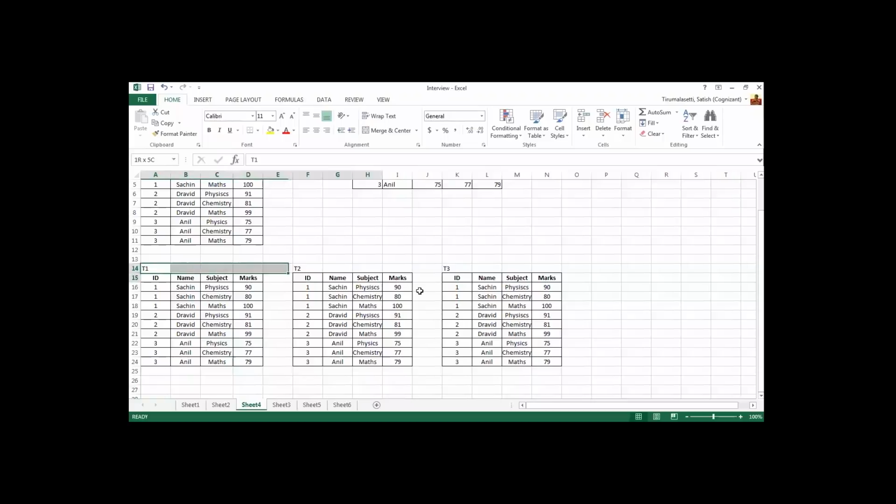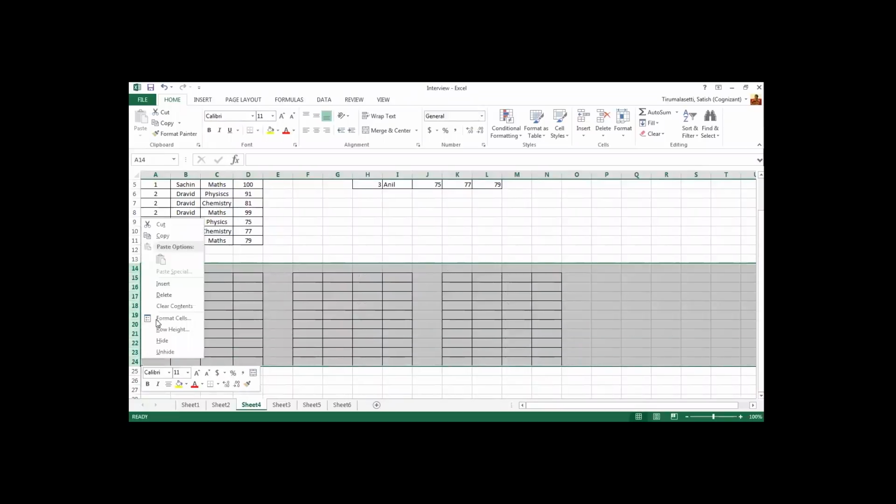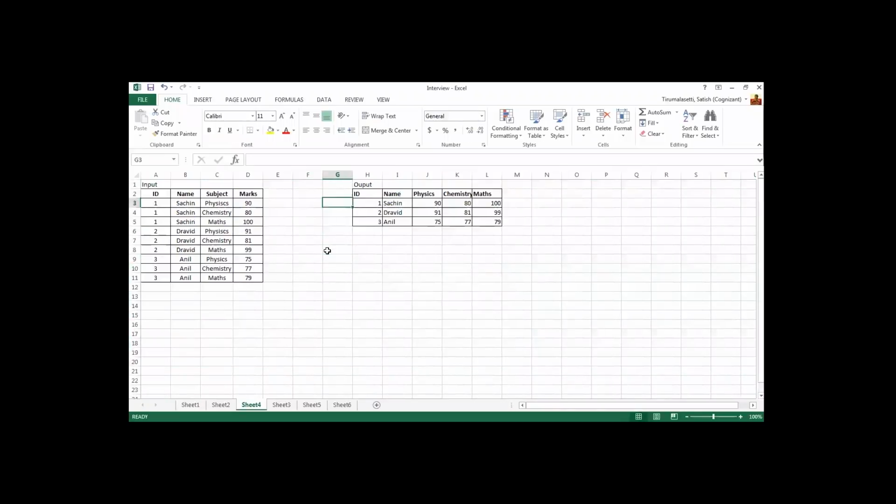Okay, leave it. Can't we use a case statement here? Case I can use, but I think nulls will come. Where do you get null? What you are doing is, tell me: case when subject is equal to physics,